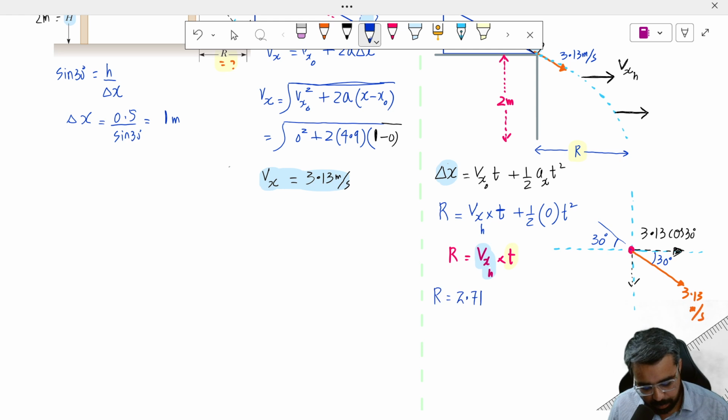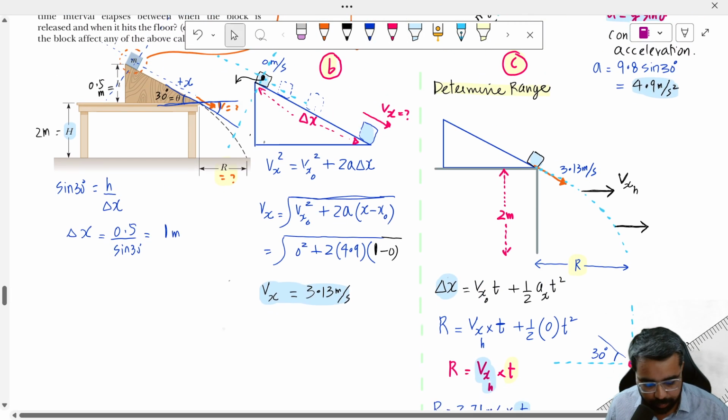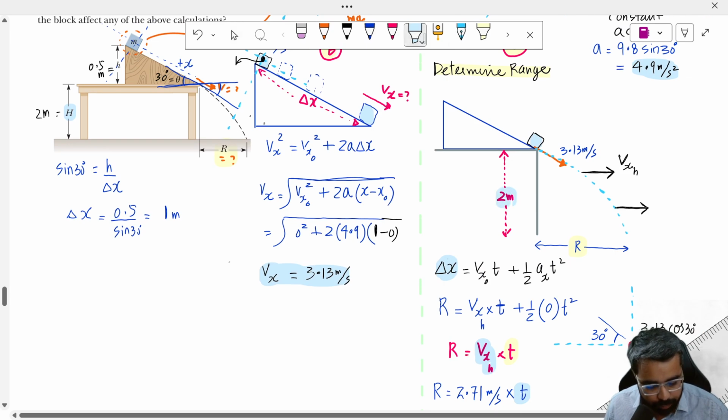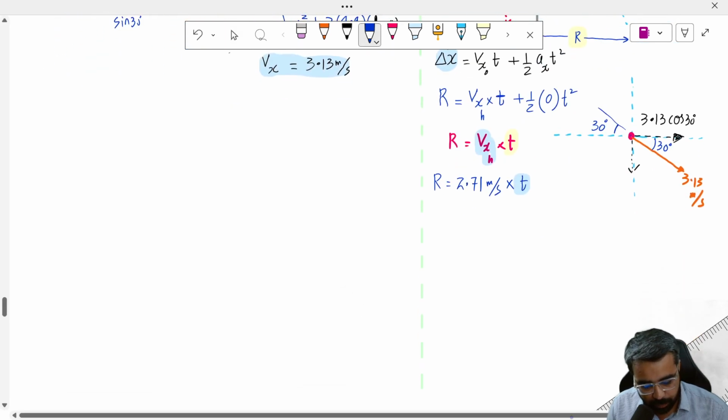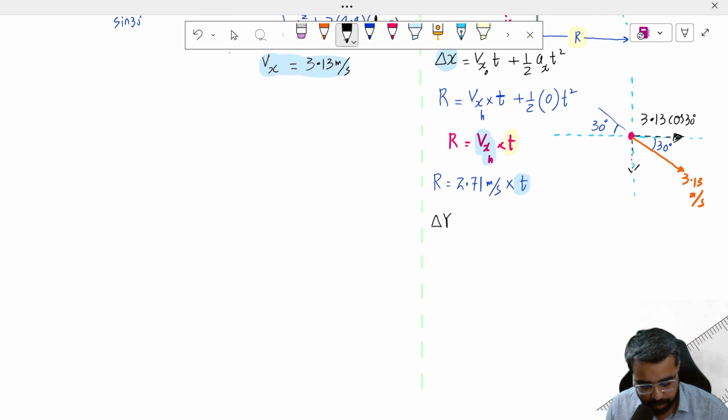2.71 meters per second times the time taken. Which time? The time during which this block will cover 2 meters of vertical distance. And okay, now to find this time, we have to apply kinematics equations once again. And which equation? This time we will apply the kinematics equation for the vertical motion, because we can only find time if we assume this equation: the vertical component of initial velocity times time plus 1 over 2 a